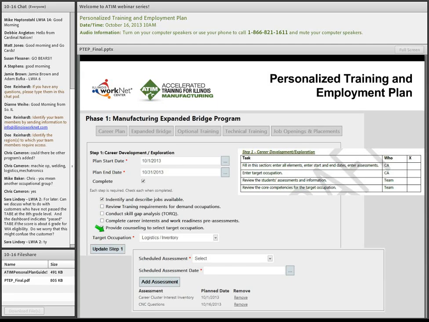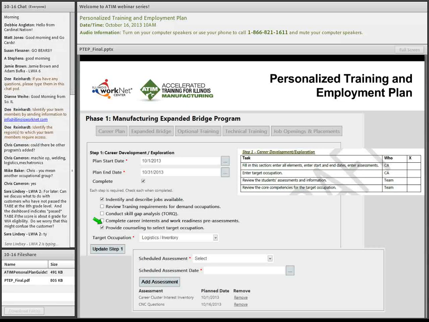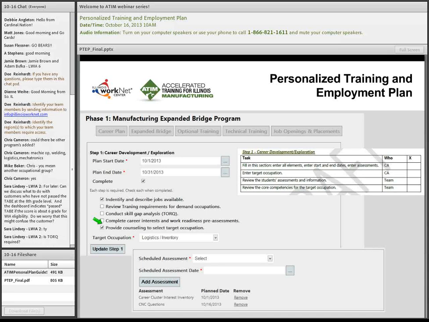So with the first area, we have the expanded bridge, and I have just one sample of this because it's going to be pretty much the same for each of the areas, the same basic process, same basic steps. So you'll have your areas where you can add your plan start and end date. In this section, we have some steps that are required, so you can click those to show whenever those are